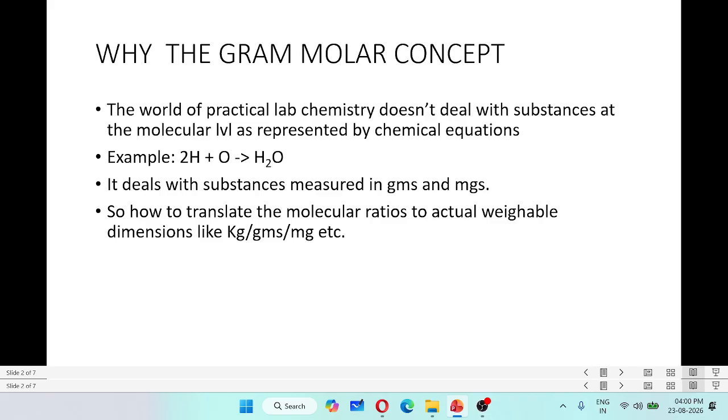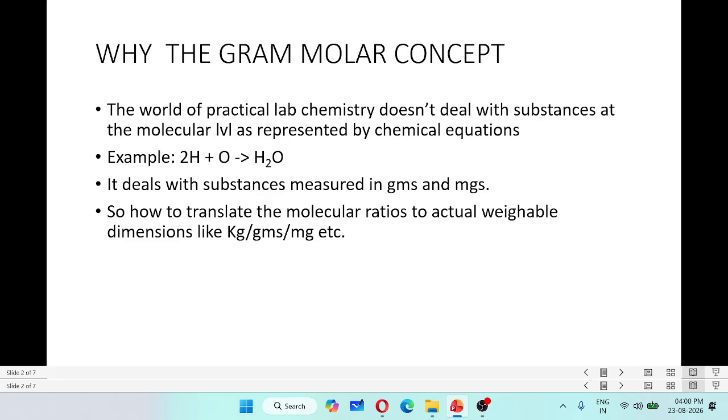First of all, we have to look at why the gram molar concept arose in chemistry laboratories. When you're talking about moles, you're talking in terms of grams, right? Actually moles is related to molecules. So how come it got related to weighable quantities? In the world of practical lab chemistry, it doesn't deal with substances at the molecular level. When you write the equation, 2H2 + O2 → 2H2O, it's easy to write it on a piece of paper or the blackboard, but when you're doing the actual chemistry in the laboratory, you are going